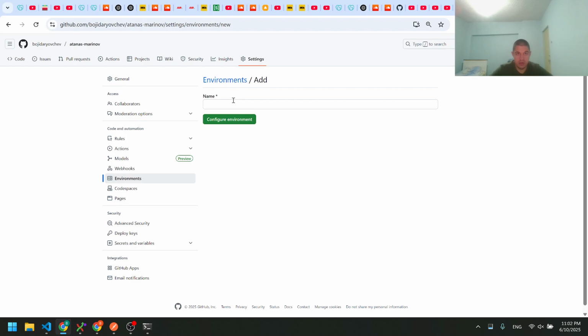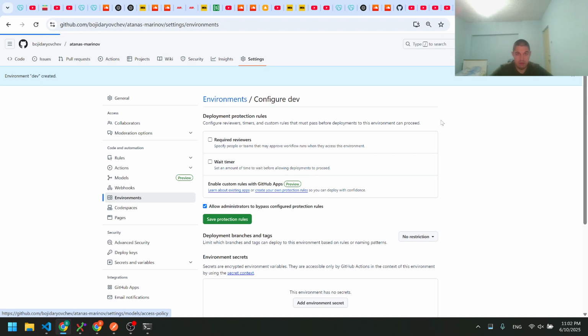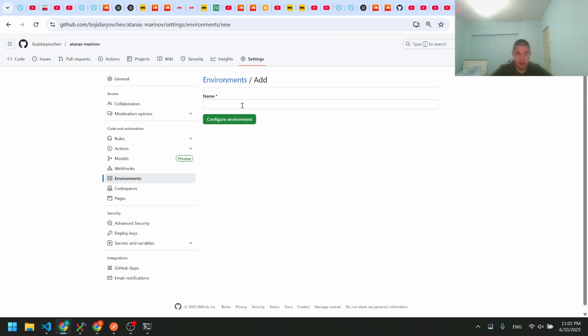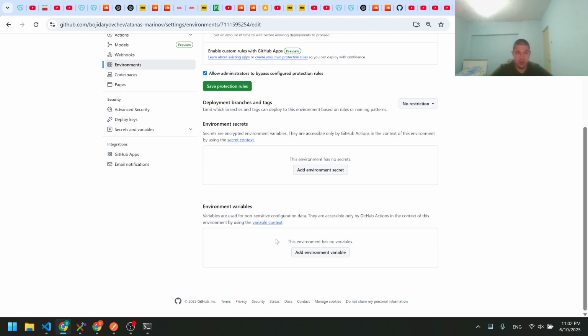We will create 2 environments. One of them will be dev and one of them will be prod. Okay, having created these 2 environments,